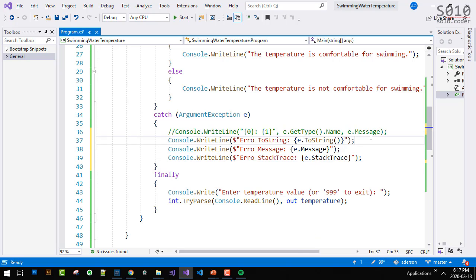Now let's put some space in here, because otherwise this will all come together and it will be hard for us to visualize.